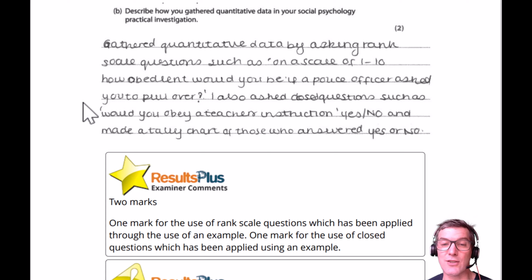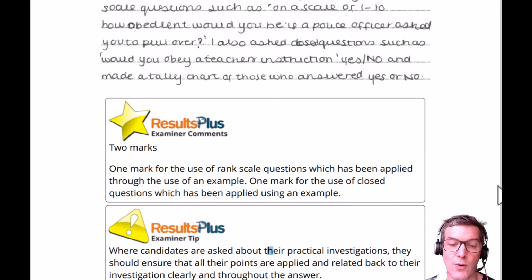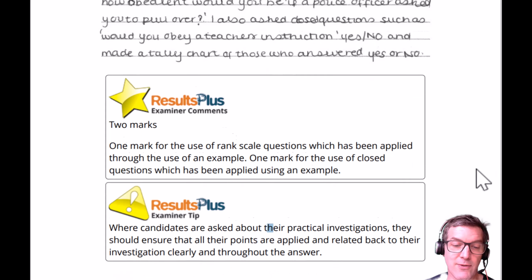So really good to use actual examples of questions, and both of these would clearly give quantitative data, numerical answers. And the second example is that obviously you'd have a percentage of your participants who said yes and a percentage who said no. And if we just have a quick look at the examiner comments to finish off here,